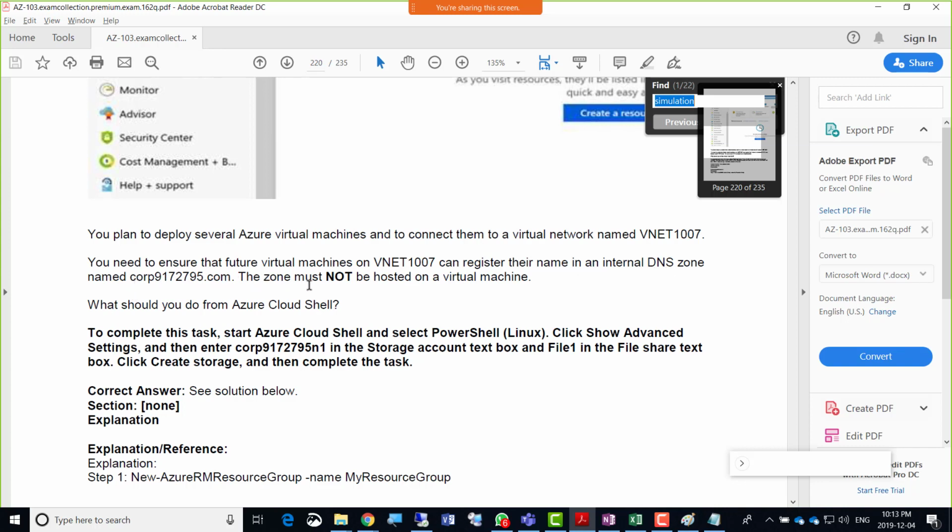The zone must not be hosted on a virtual machine. Okay, that's a Cloud Shell thingy. What we need to do is give a command that will create the DNS zone. So we need to create an internal DNS zone with the given name.